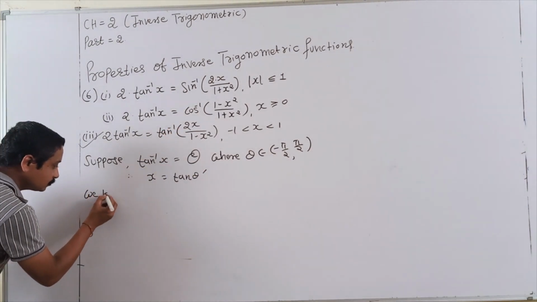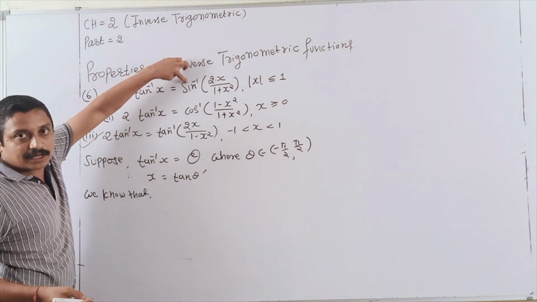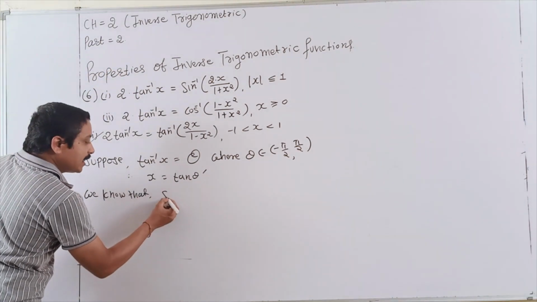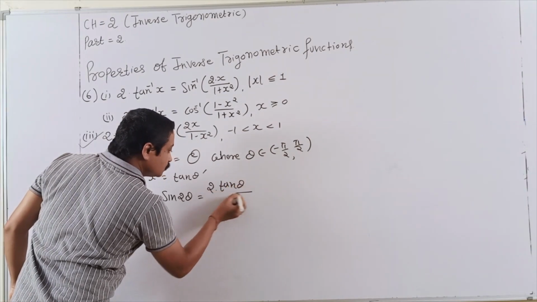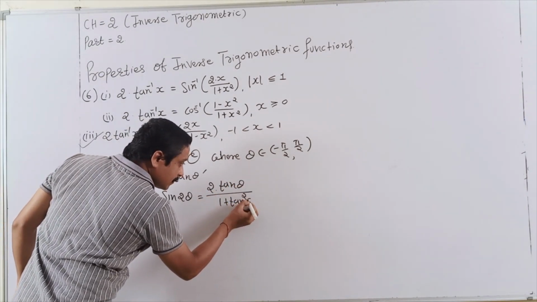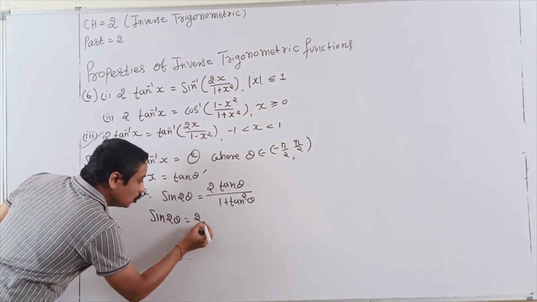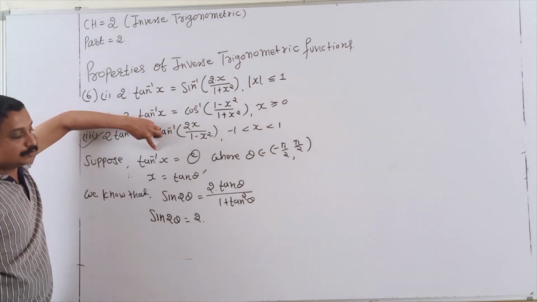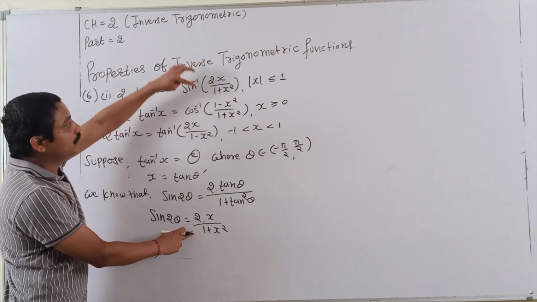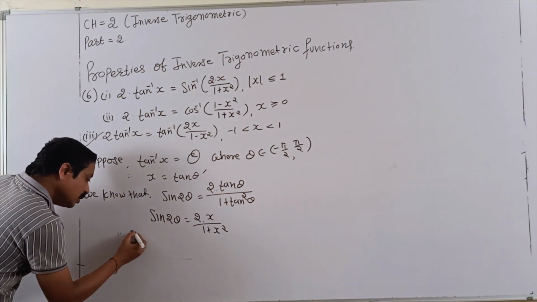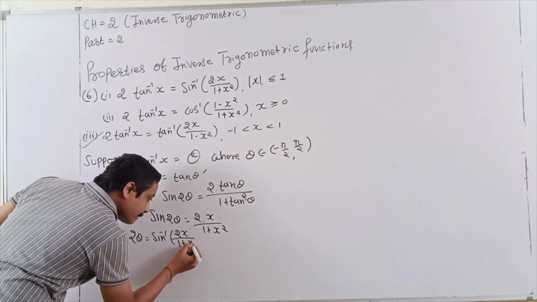Now we know that, students, in terms of the sine formula related to tan, yes, sine 2 theta is equal to 2 tan theta upon 1 plus tan square theta. And when you put it, sine 2 theta is equal to 2 times what is tan theta? Already tan theta is known. Yes, it is x, over 1 plus x square. Students, check, our property is fixed. So what is the 2 theta? It is sine inverse of 2x by 1 plus x square.